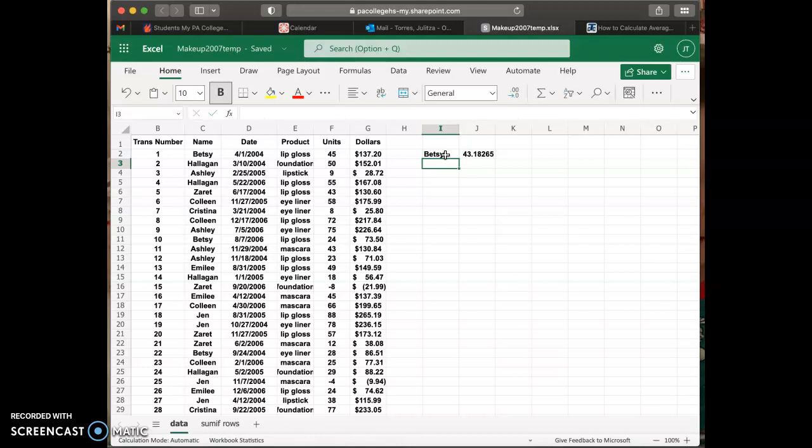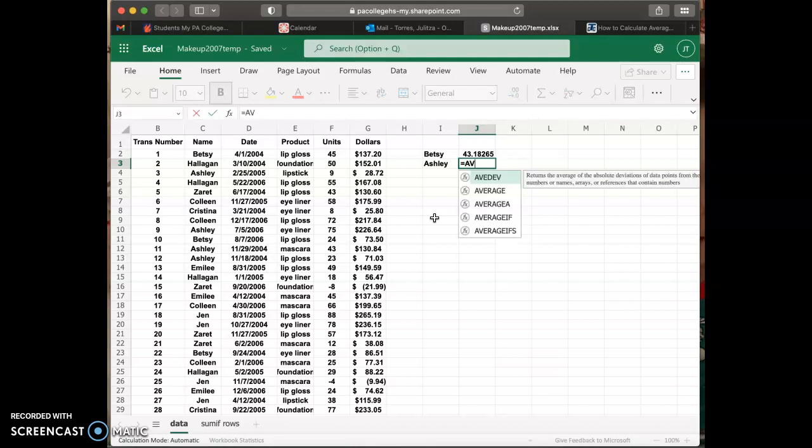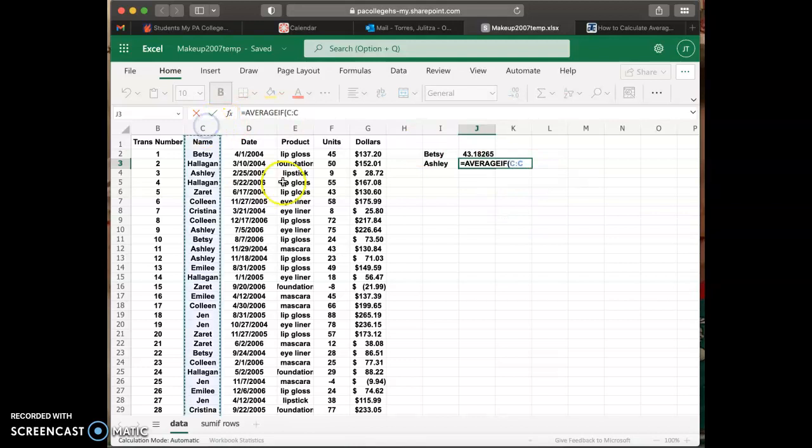If I go down here and let's just do it again and do Ashley. So let's go down here and do Ashley, hit enter, and we're going to actually use the same formula, but in this case we're going to substitute Betsy with Ashley, so it's still going to be equals AVERAGEIF. We can just double click this down here. The range will be the same,